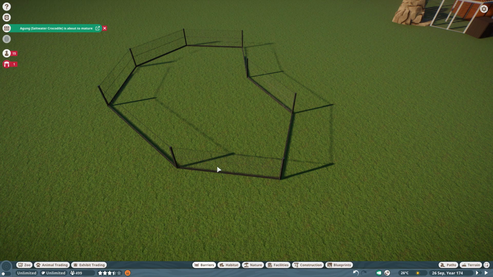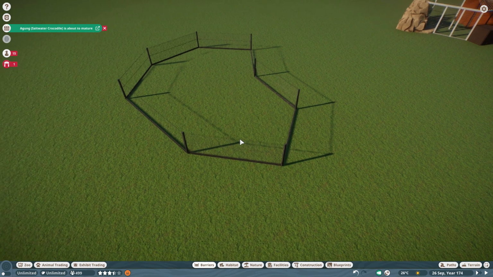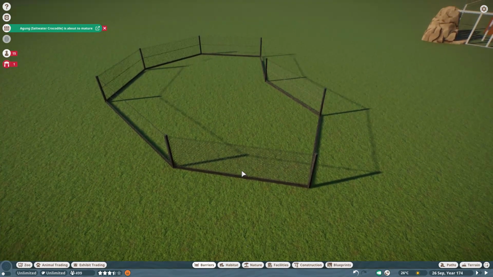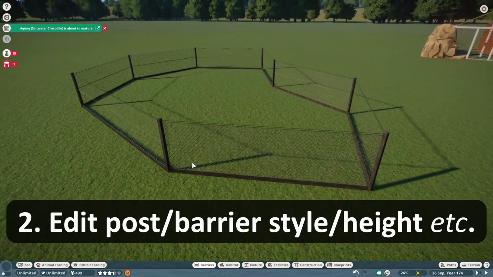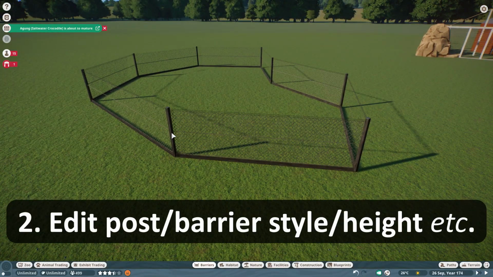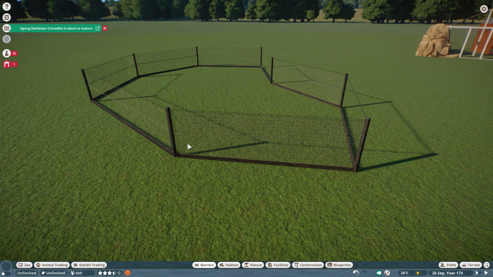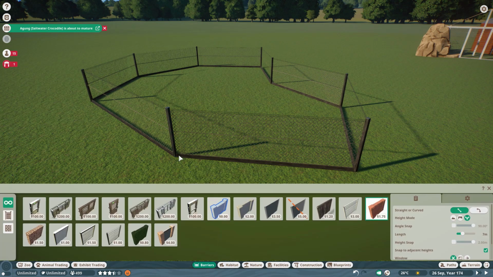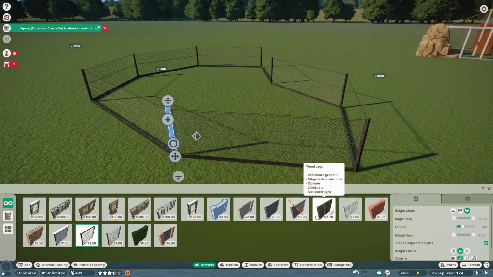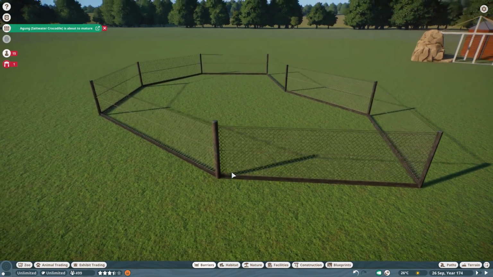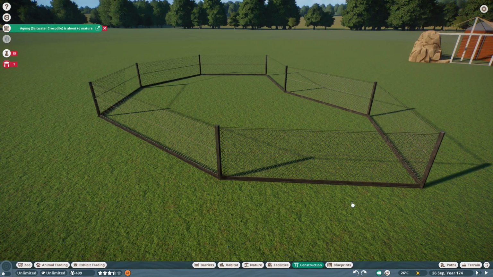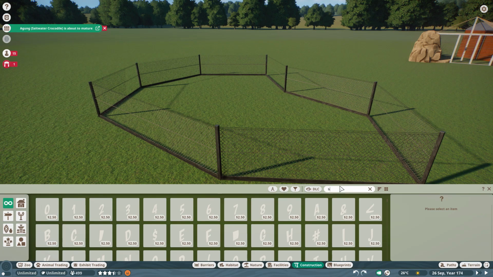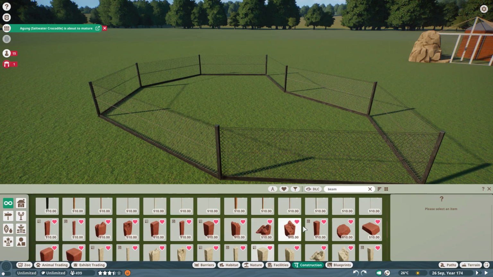You've got your outline, you've got your posts in the ground there. So the next thing you want to do is sort out your actual posts, whether this is the height of the posts, or whether it's replacing these for something slightly different. You could maybe, if you wanted to, replace that for logs. If you wanted logs as your frame, you could also use a beam, one of the square beams. These ones are quite good